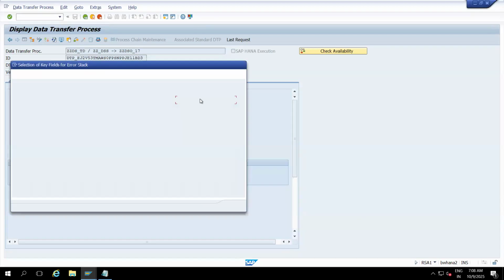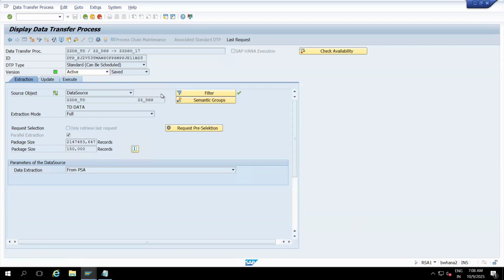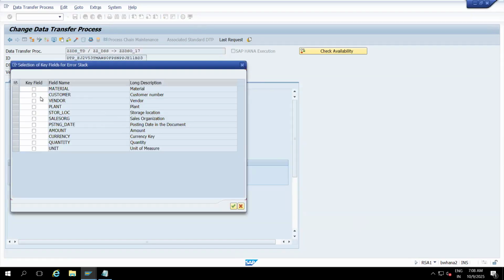When you select the semantic group and in the source system level, if you select this option, go to edit mode and then only it will come. Go to edit mode and then it will come. Okay, if you select this